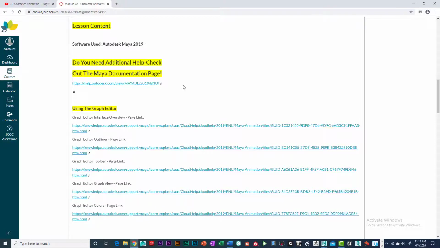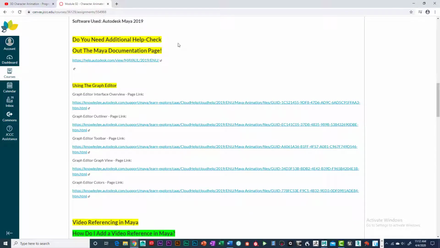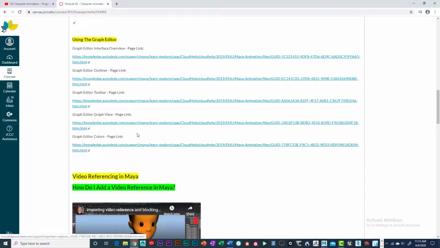your animation. If you do need additional help, please check out the Maya documentation page, which is right here for you. Any questions you may have about technical issues on how to do something, or if you're just curious how things work deeper in Maya, go to the documentation page. Using the graph editor, I've got these links already to the documentation page if you have specific questions. So graph editor interface overview, graph editor outliner, graph editor toolbar, graph editor graph view, and so on and so